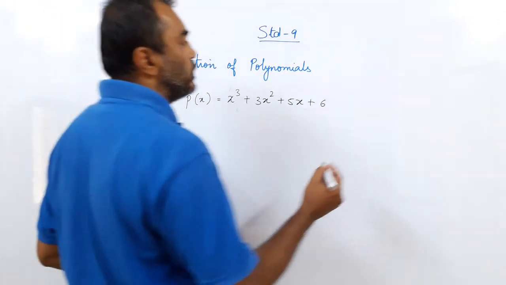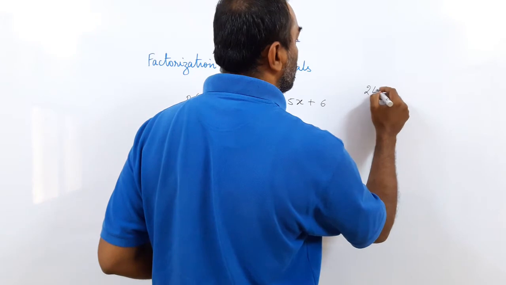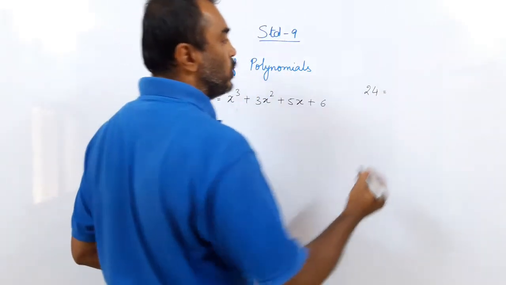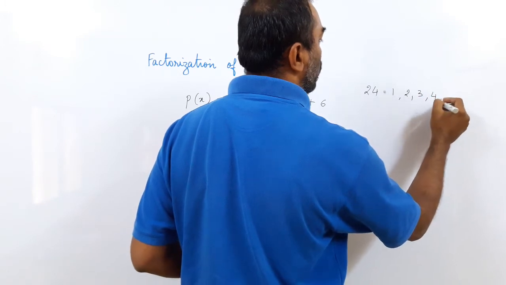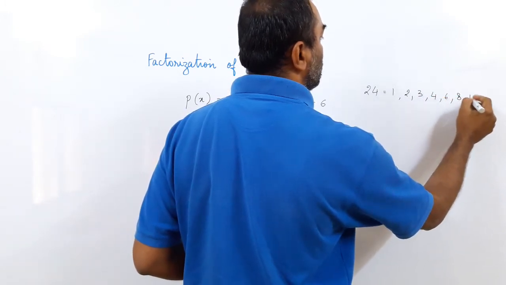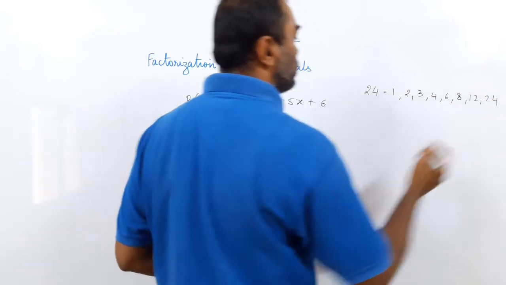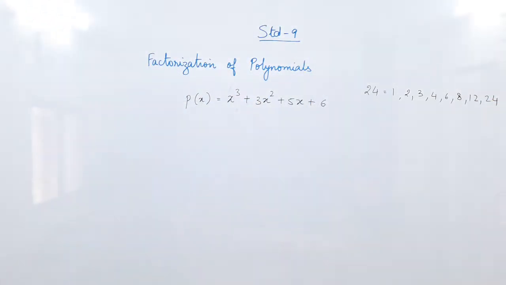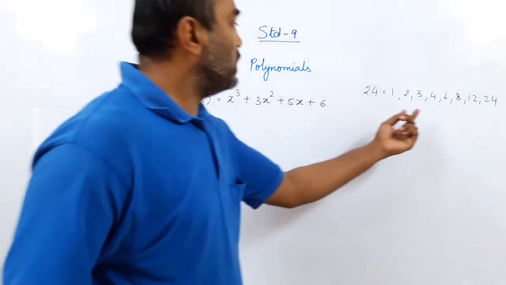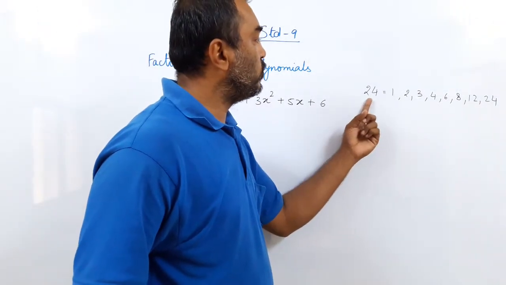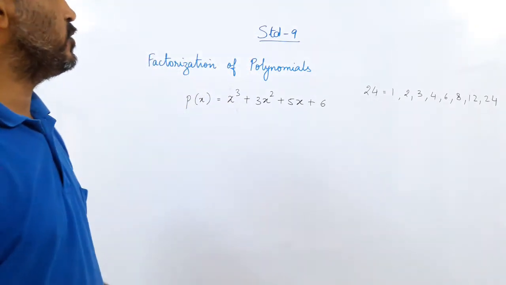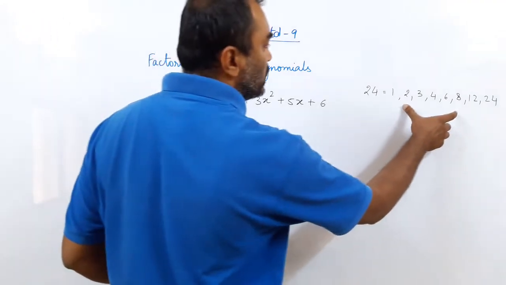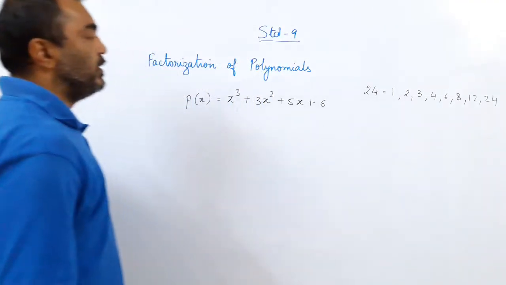So first we'll take a very simple example, say 24. Then what are the factors of 24? 1, 2, 3, 4, 6, 8, 12 and 24. Yes? So what do you mean by these factors? The factors are the numbers in which 24 occurs. So 1 24 is 24, 2 12 are 24, 3 8 are 24, 4 6 are 24 and so on. So for numbers, we can find the factors quite easily.